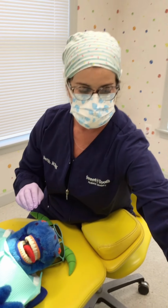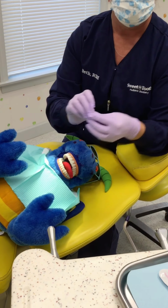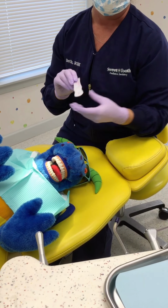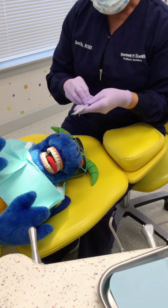And then after we make sure that everything is clean and smooth, the dentist would be able to come take a look at your teeth also. Dr. Erica loves to be able to count teeth and make sure they're strong and healthy. But the last thing that we get to do